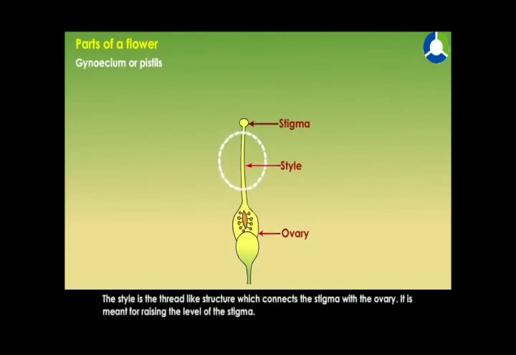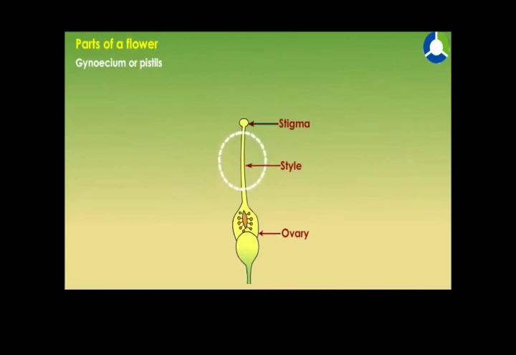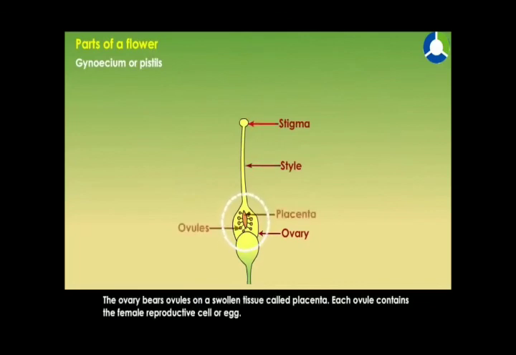The style is the thread-like structure which connects the stigma with the ovary. It is meant for raising the level of the stigma. The basal swollen part of the pistil is called ovary. The ovary bears ovules on a swollen tissue called placenta. Each ovule contains the female reproductive